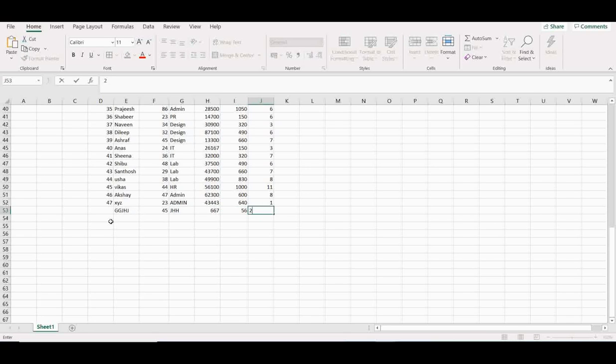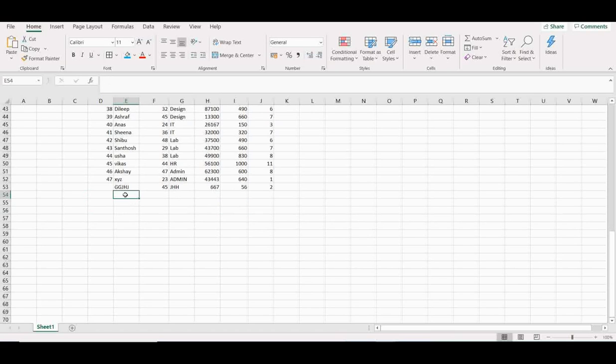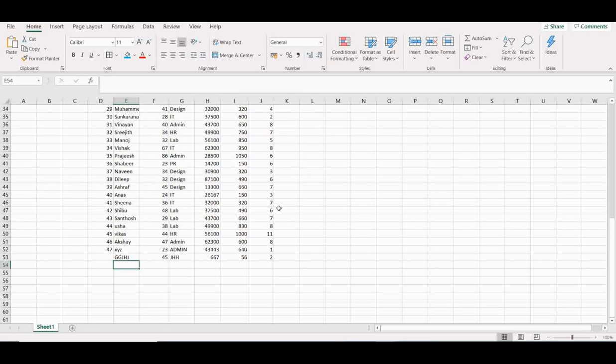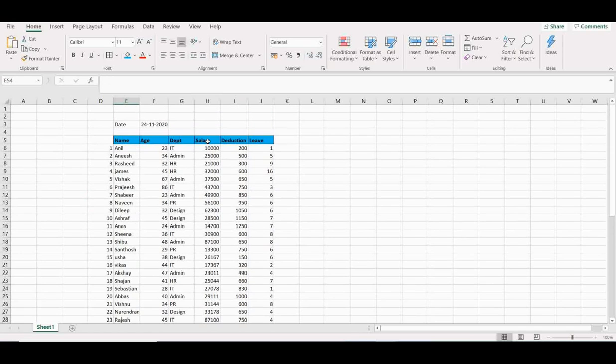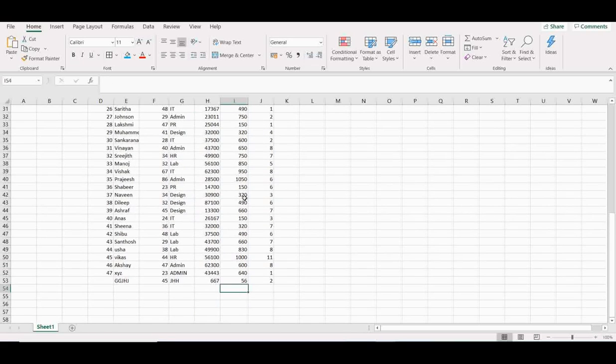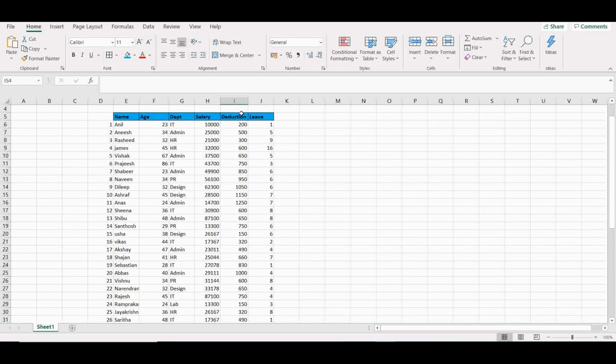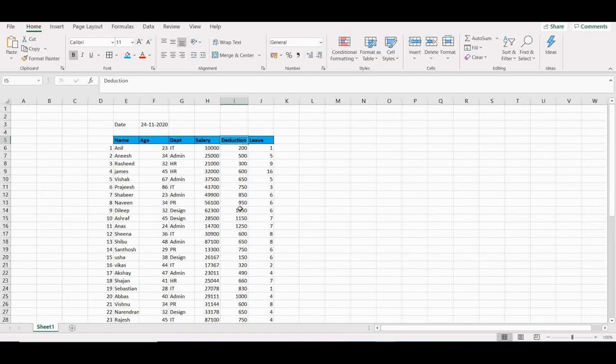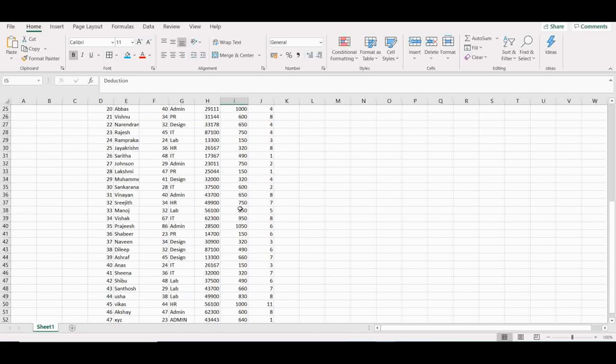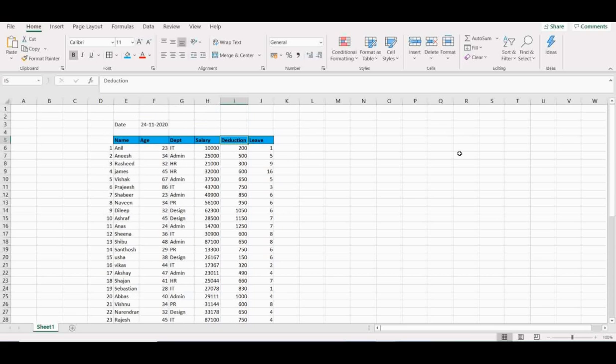When this table is a big one, every time while entering this data, you will often have to go to the top to make sure that you are entering the data in the correct field. For example, if you are entering the salary over here, you have to go to the top and make sure that you are entering the salary. And if you are entering the deduction section, you might be confused at times, and you have to go to the top and see whether you are entering the correct place. So a solution for this is to use the freeze panes option in MS Excel,